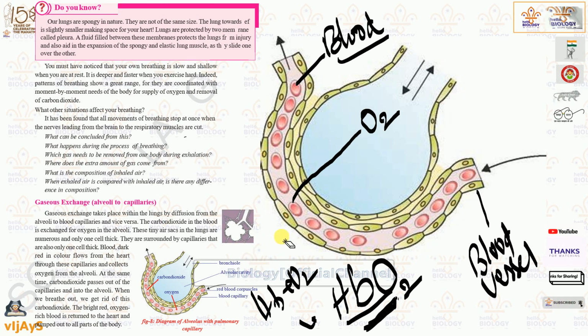Usually that is the thing. HbO2, oxyhemoglobin. So oxygen enters into the blood vessel where blood is present, and the blood consists of hemoglobin, one pigment which gives the red color to the blood, consisting of iron. So that will catch the oxygen immediately, and after that this oxygen will make a binding such that it will be used by our body. Due to this, oxygen present in the blood moves here and there throughout our body.